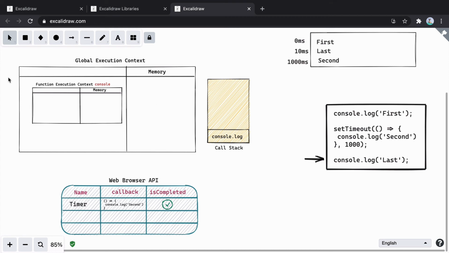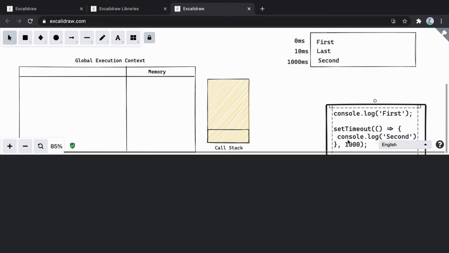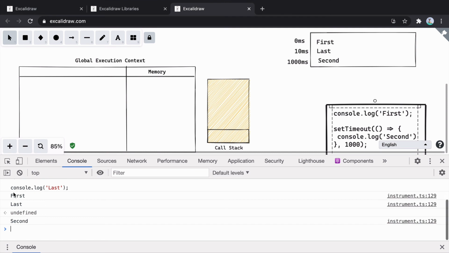And as soon as that happens, the function execution context will be deleted from here and the call stack will be empty. And at last, the messages that we see are first, last, and second. And if we try to execute this code inside console, we'll see exact same thing, that is first, last, and second after 1000 milliseconds.